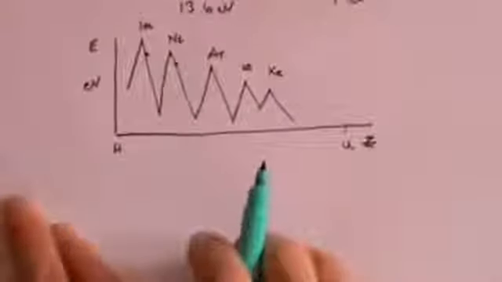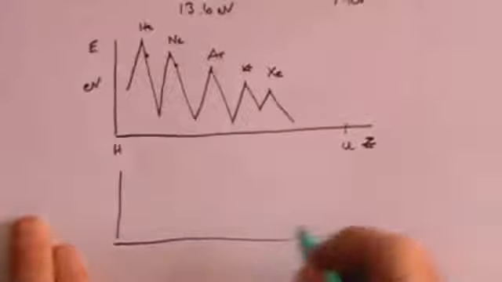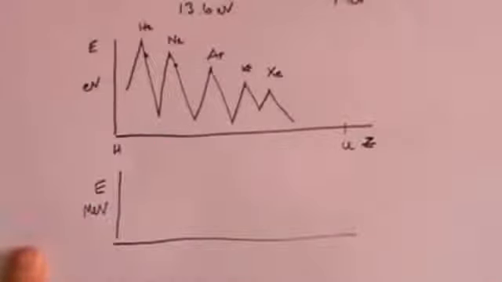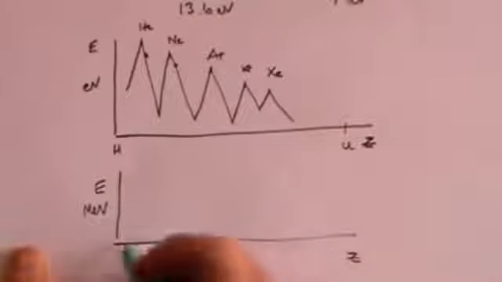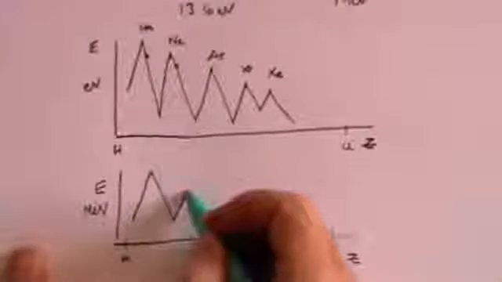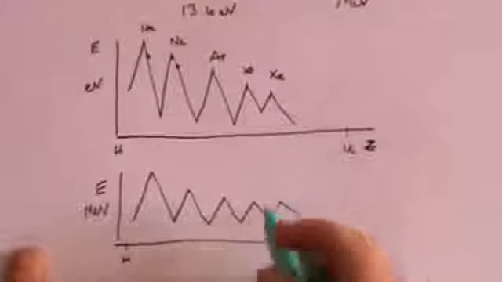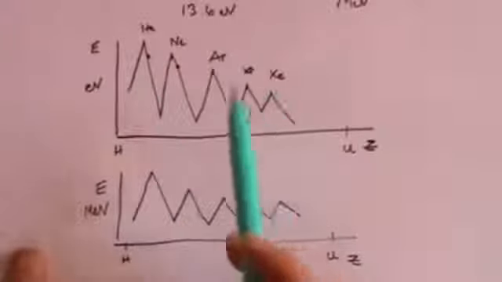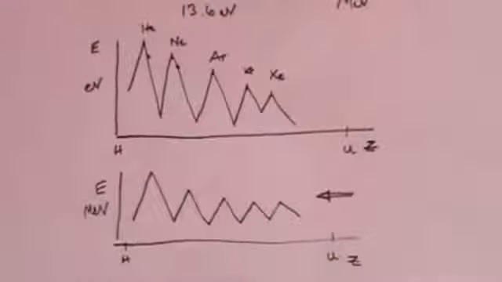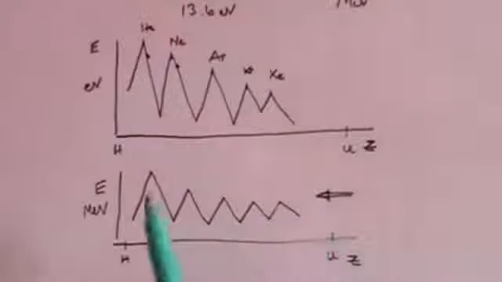And in a similar way, what is found, remember these are generally in electron volts, is that if you now, instead of trying to get an electron out of the atom, you now try to get a proton or a neutron out of the nucleus of an atom, and again we're going to look at them from, say, hydrogen up to uranium, what you will find is that again you will get this sort of shape where there are peaks, but they do not correspond to the peaks that you get for electrons. Nonetheless, it is the experimental result that if you want to eject protons or neutrons from a nucleus, then depending on what nucleus it is, all the way from hydrogen up to uranium,